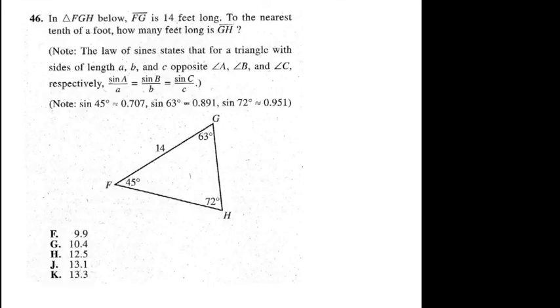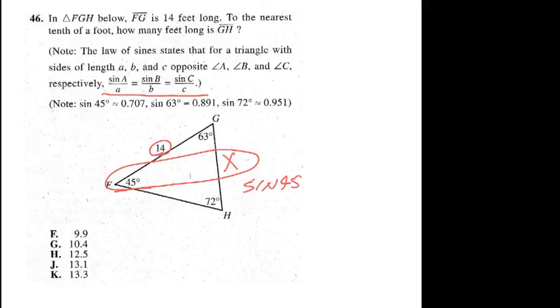Number 46. In this triangle below, we see that FG is 14. To measure to the nearest tenth of a foot, how many feet long is GH? So that's my X. Then it gives me the law of sines. This is another law of sines problem, and they tell me the formula here. So what we're going to do is have the sine of 45 is to X as, and we've got this other measurement here, the sine of 72